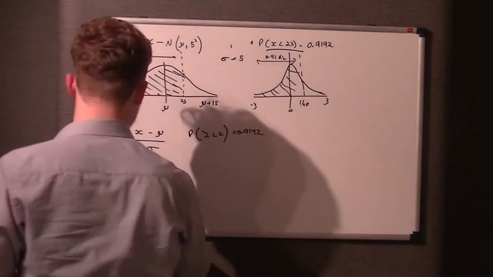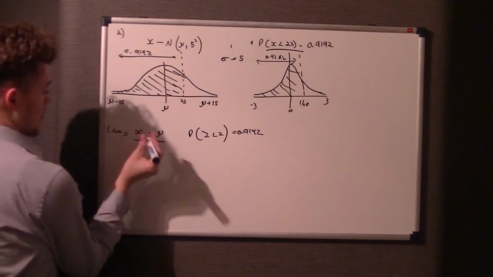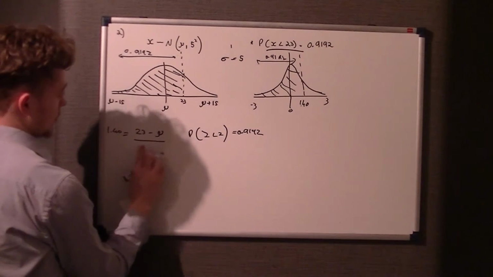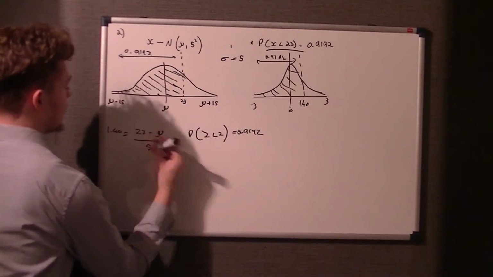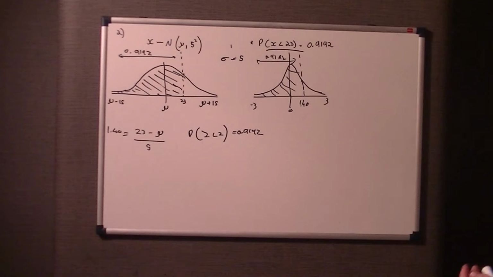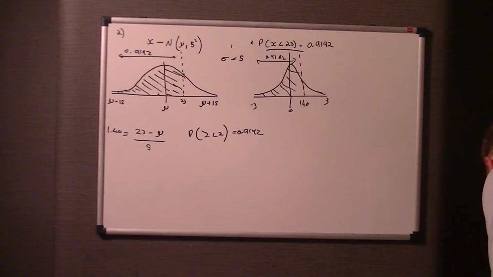So we know the z value to be 1.4, so we sub 1.4 into the z formula. We know x to be 23, and we know mu to be 5. So it's just a case of rearranging that. Obviously, I don't need to show you how you rearrange it, but you just times both sides by 4, and then rearrange it to get mu. And if you were to do that, you would get the value for mu to be equal to